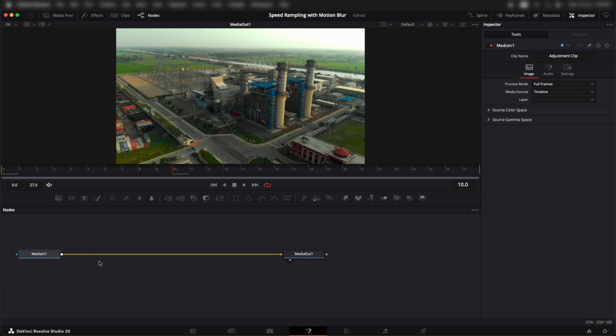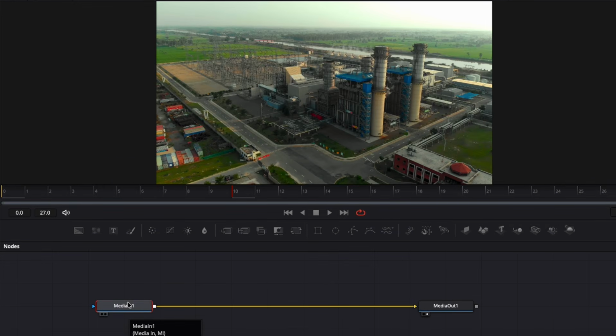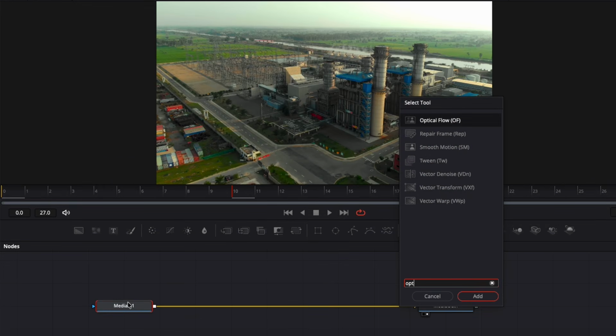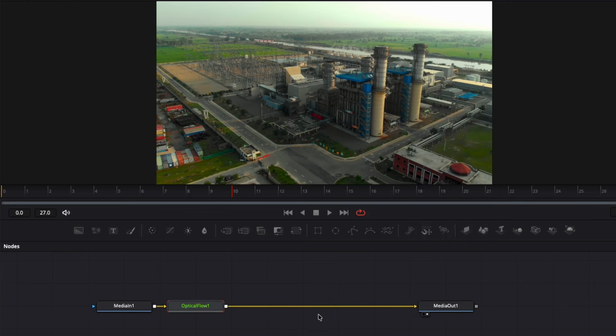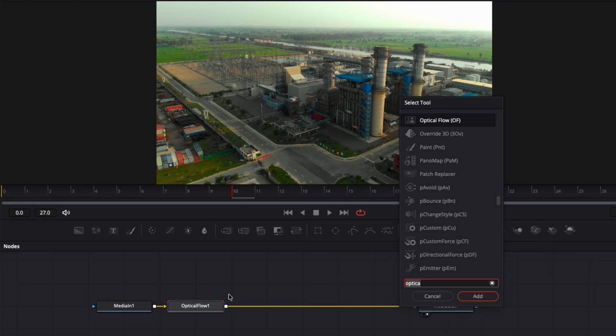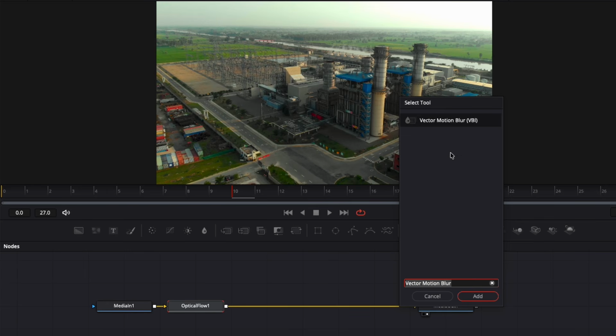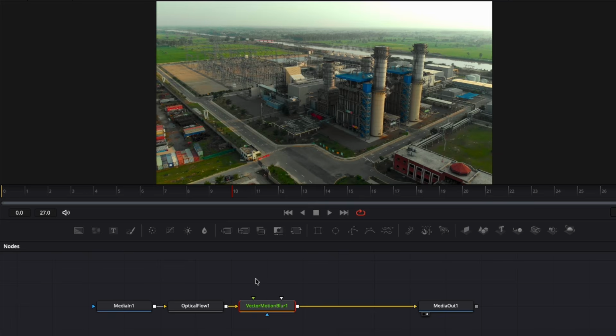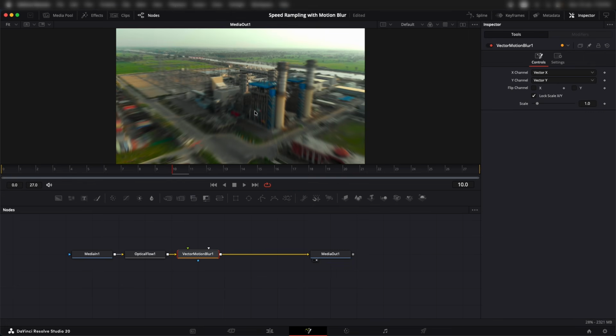Now in Fusion, I would like to add in two very simple nodes. The first one, we select media in one, we press shift space bar, and we type in optical flow. Just add that right there. After optical flow, we can press shift space bar and we can type in vector motion blur. Select vector motion blur, add that. Now that's the combination that we'll need to add, and you can right now start to see that the motion